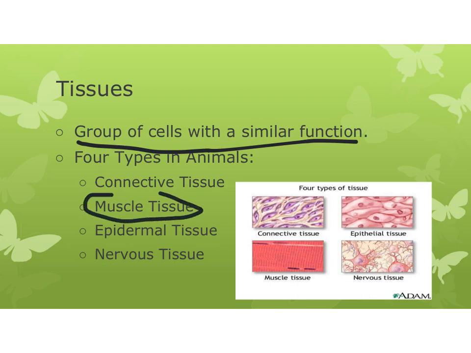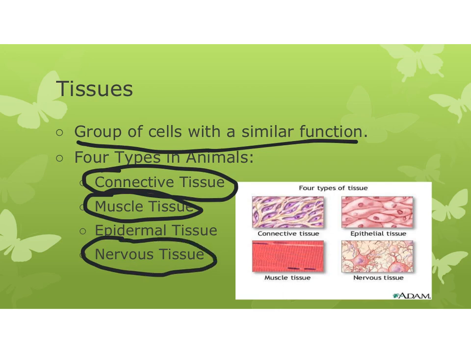There's muscle tissue, and connective tissue, which is things like bone, blood, and fascia, all the stuff that connects things in your body. Muscle's pretty straightforward. Nervous tissue are things like your nerves, your spinal cord, your brain. And then finally, epidermal tissue, you can kind of think of this as skin. It's basically the tissue that lines the outside of your body, and it also lines all of your organs. So like the skin inside your mouth, down your esophagus, and inside your stomach, but also your actual skin,